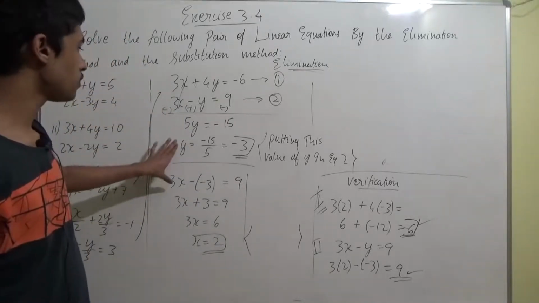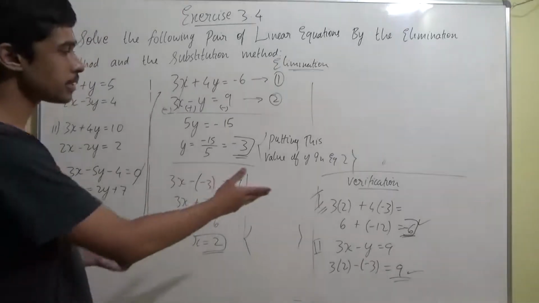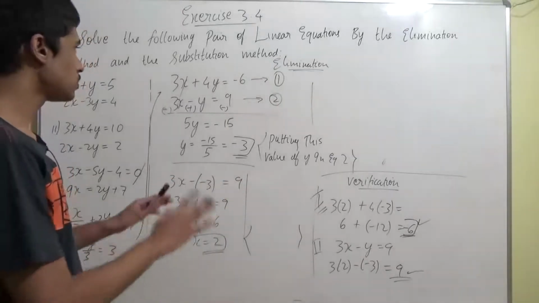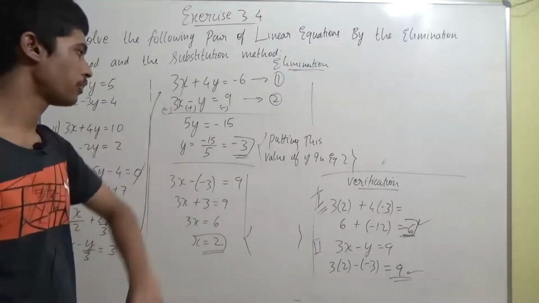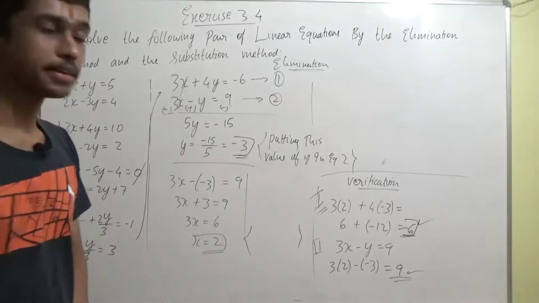These two things we did, we found the value of x and y. And after finding the x and y value, the only step left is verification. That also we did. So this question is done, guys. These 2 steps and the verification, 3 steps totally. Correct, that's how they are given in your NCERT textbook as well.